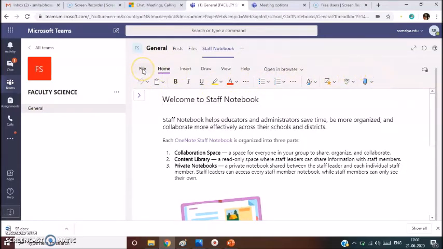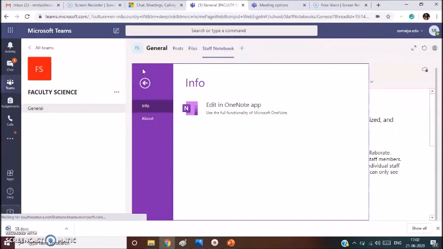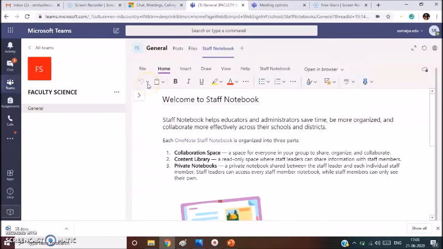You can also click on file. You can know about it. Go back. So this is how you can also create your staff notebook. So let me go back.